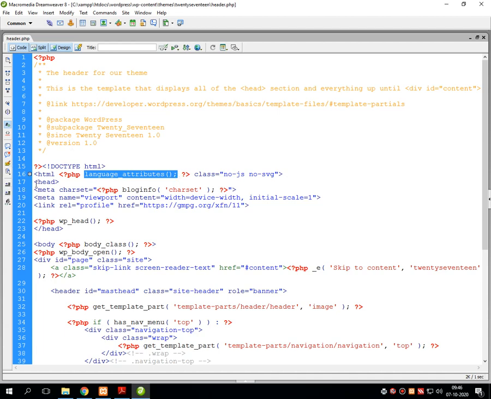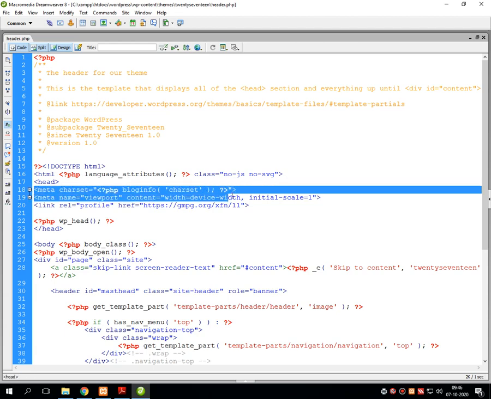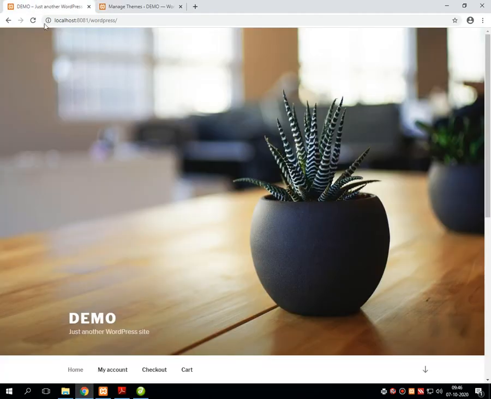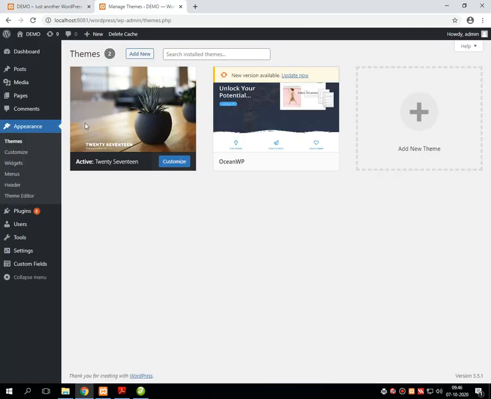Then there is the head and meta charset with blog info, which displays at the time of output for which purpose this particular website is created. This is just another WordPress site, with a short title and tagline, which we can modify using the customization option also.